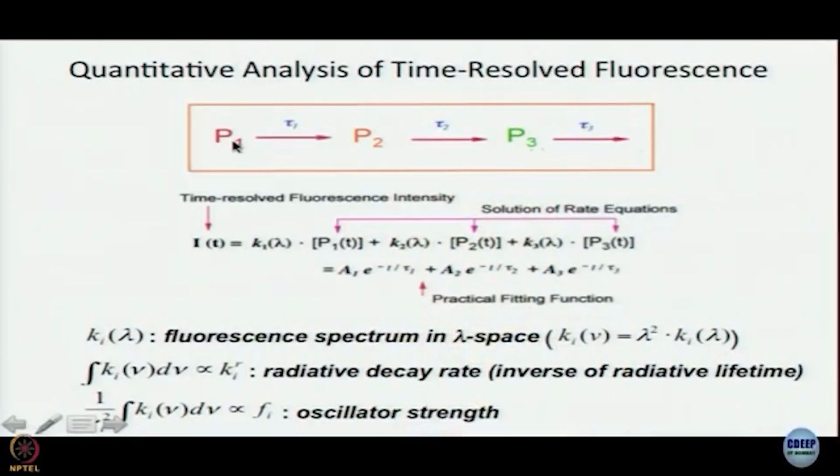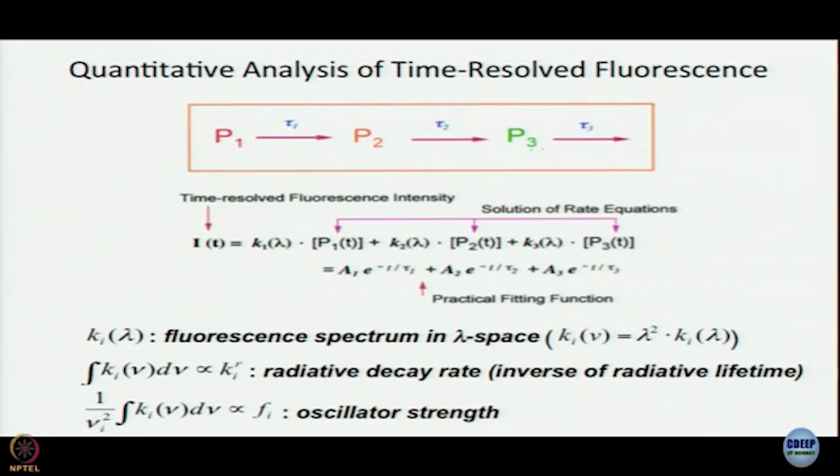So, what they did is for this kind of a sequential process where you excite and then you have a first precursor, precursor 1, which makes way for precursor 2 with a time constant tau 1, then precursor 2 gives rise to P3 with time constant tau 2, which has a lifetime of tau 3. You have an expression of fluorescence decay like this, which is not unknown to us in this course. I at time t after excitation is equal to k1 of lambda multiplied by p1 of t plus k2 of lambda multiplied by p2 of t plus k3 of lambda multiplied by p3 of t, which simplifies into our